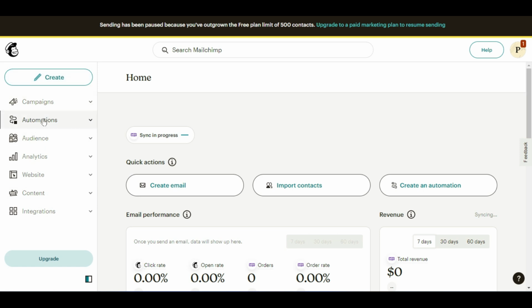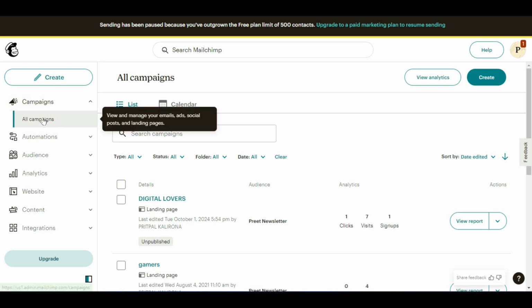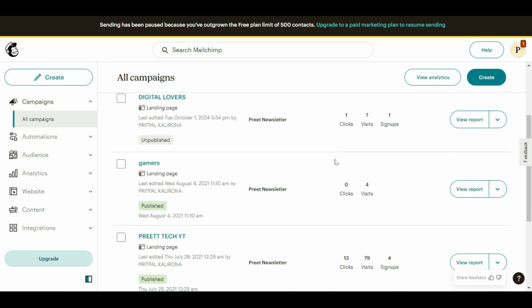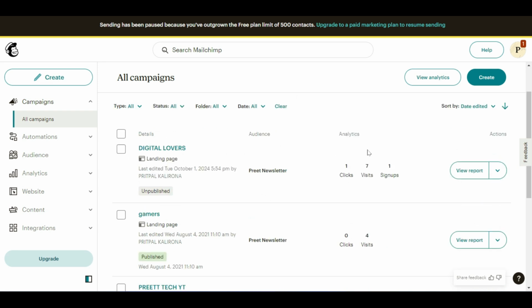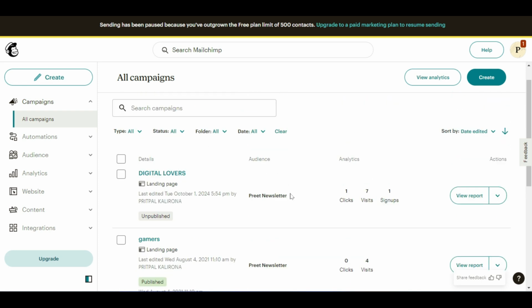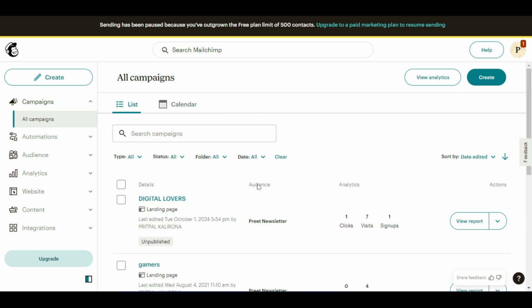If you want to create a campaign, definitely you have to go to the campaign section where you will see all your campaigns. If you have running campaigns, you will see them here. You will even be able to see analytics here, how many clicks you get, how many visits, how many sign ups, as this is my landing page sign up page for newsletter. So I have different campaigns here. Some of the campaigns I create for my clients,